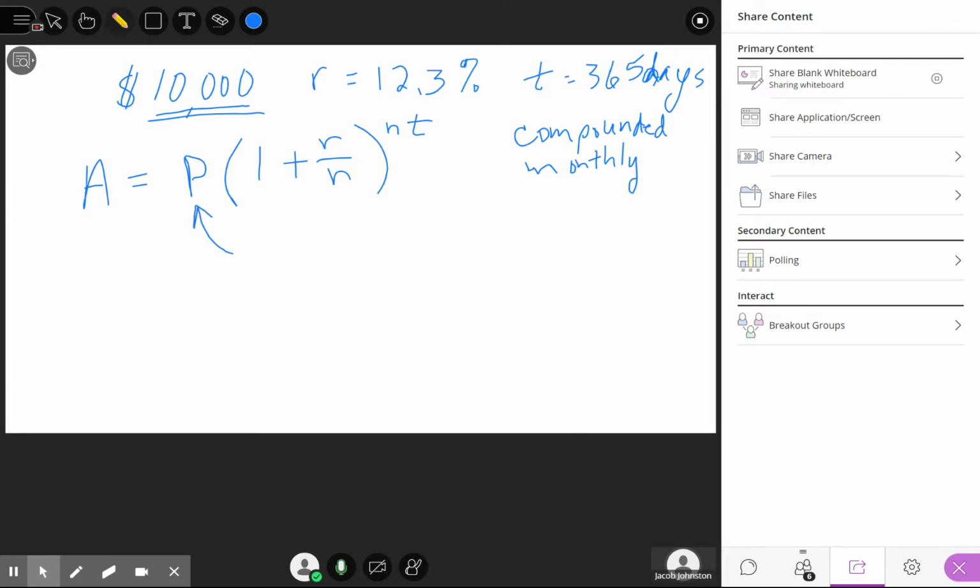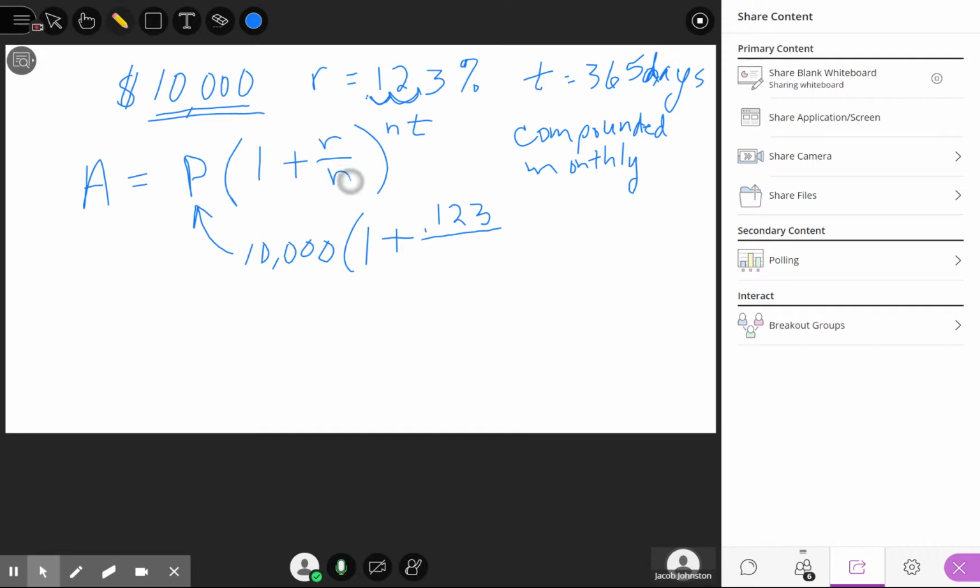that you will owe is going to be your $10,000 that you borrowed, your principal, times 1, plus your interest rate that you still have to put in as a decimal. So 12.3%, if you're taking off the percent sign to turn it into a decimal, you have to divide by 100. So move your decimal place back 2 places. That means divided by 10, divided by 10. Each place value that you're moving to the left is a division by 10. So you're left with 0.123